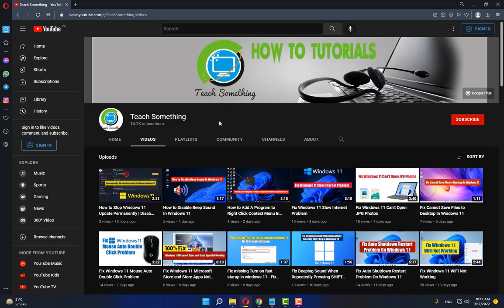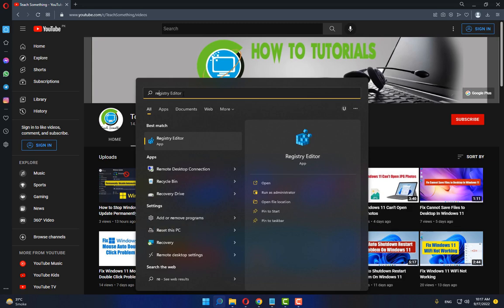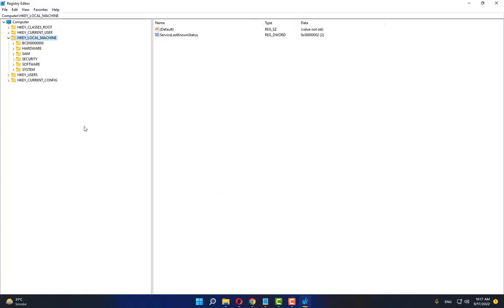So let's start. First of all, in the search box type registry editor. Open the Registry Editor by right-clicking and choosing Run as administrator. After opening it, first click on HKEY_LOCAL_MACHINE and